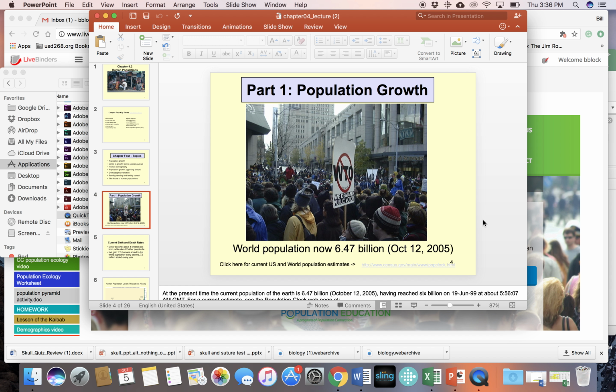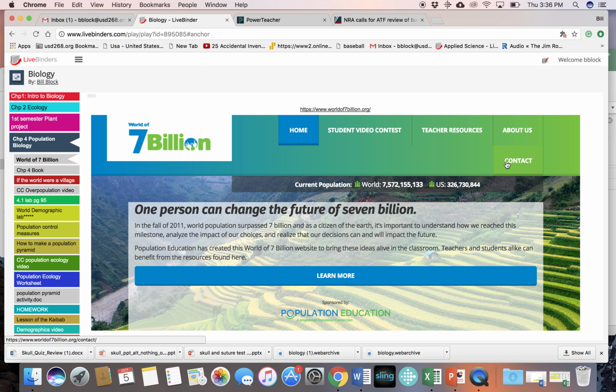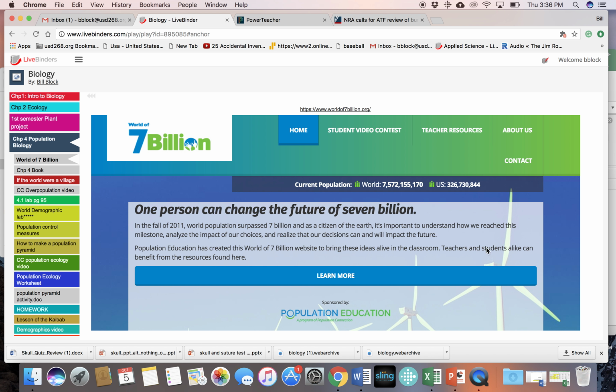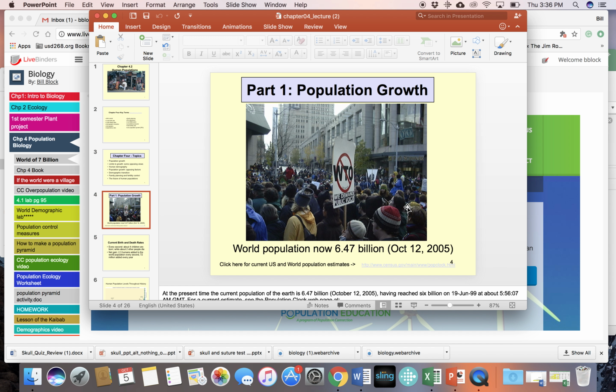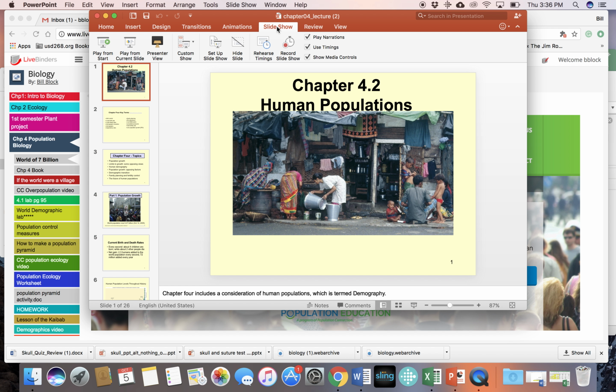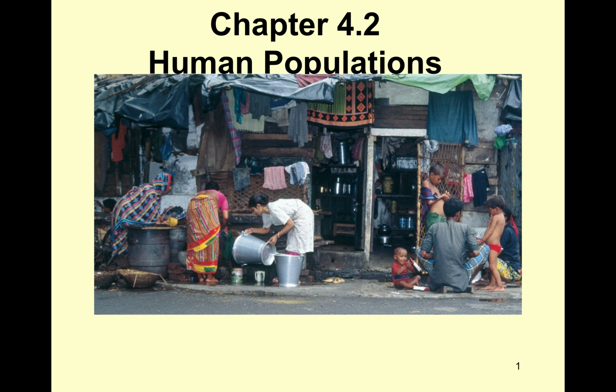This is in 2005 that I'm looking at here, and it says 6.47 billion. In LiveBinders, there's a website called World of 7 Billion, and if you look at it, it has a counter that's just counting how our world population is changing right now, and it says we're at 7.5 billion and 326 million here in the U.S. Okay, so our population is changing, and not only is our population changing, but the demographics of our population